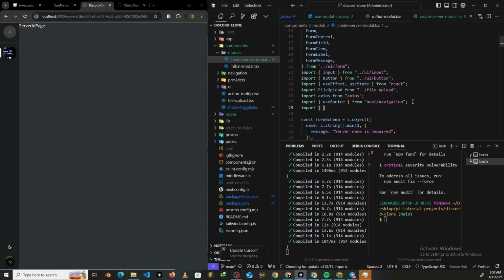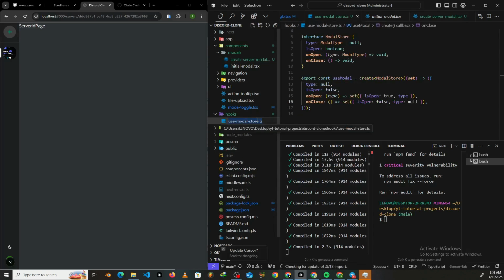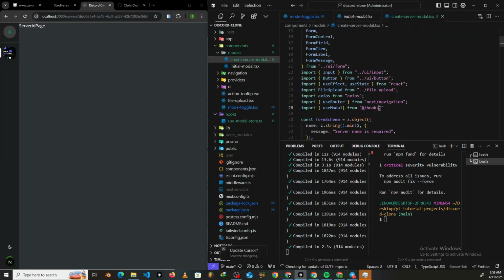Then we take it from where we need to go, into the hooks, right? So we can just see this, hooks, slash use-modal-store.ts. I can just copy it like this and paste it right here, nice and clean. So now that we have this useModal store right here, what we want to do is